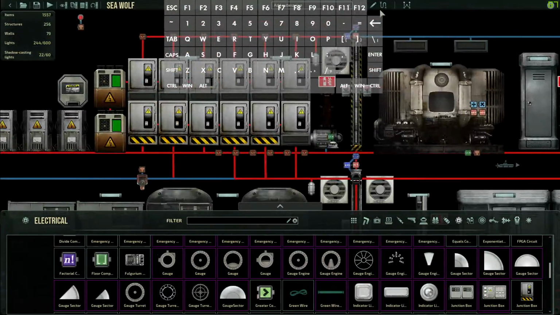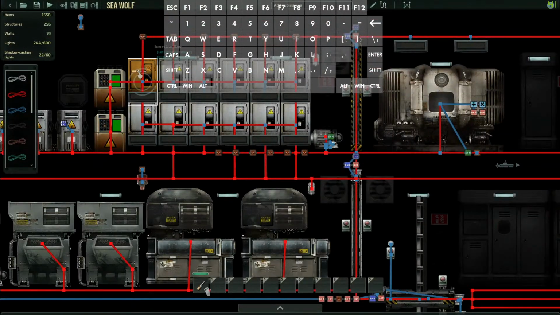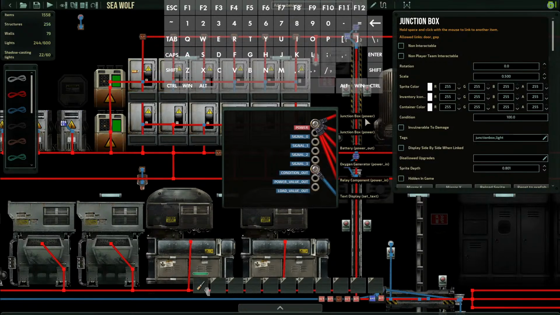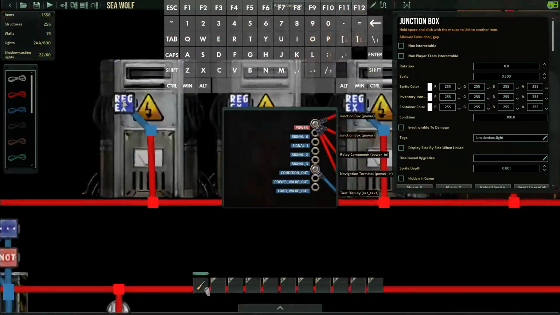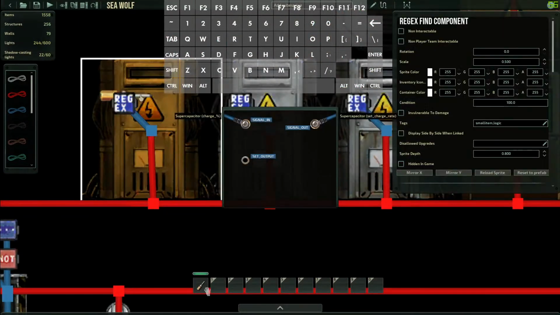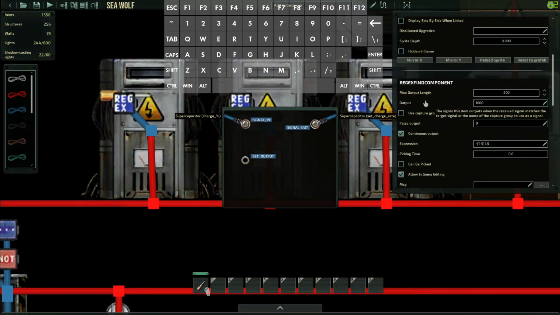Let's see what your junction boxes look like here. Okay. Junction power generator relay tech. Okay. Not gonna lie, wiring took about a month. I believe it. Oh, your regex. Ooh, there we go. Who's playing with regex? What's your thing here? 1 to 90%. Okay, you might want to change that now. This is not